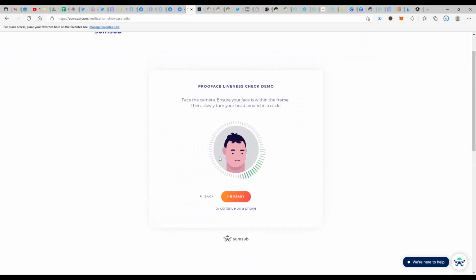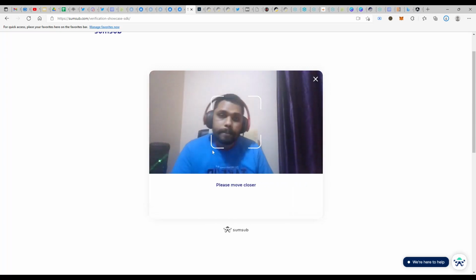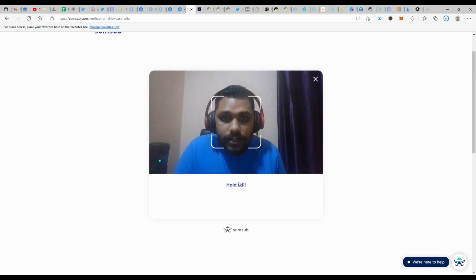And here is where you need to take a selfie while you are doing the pre-sale process. So ensure that you also have a good internet connection, guys. Click on I'm ready. Allow. If you're using a browser, you might have to give it permission. Here you go. Yeah, that's me. You can have a look at it. I think you'll just have to move closer.